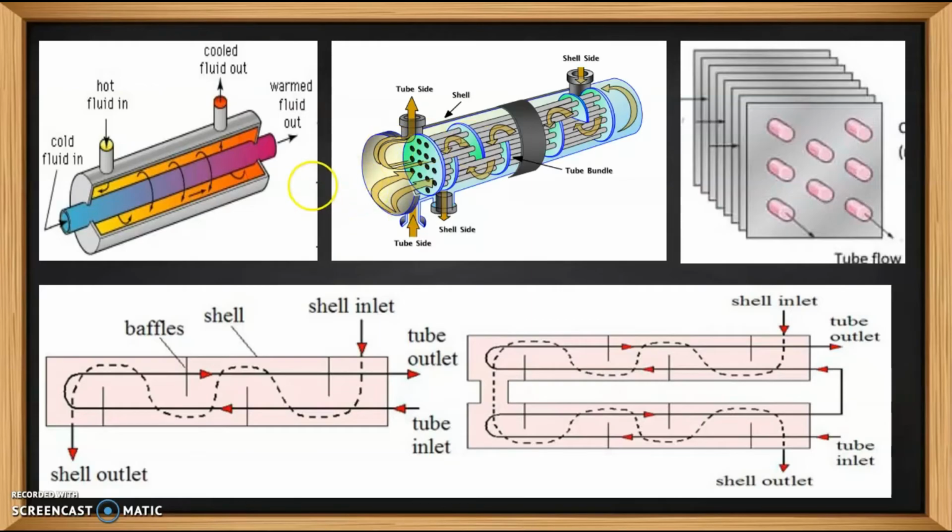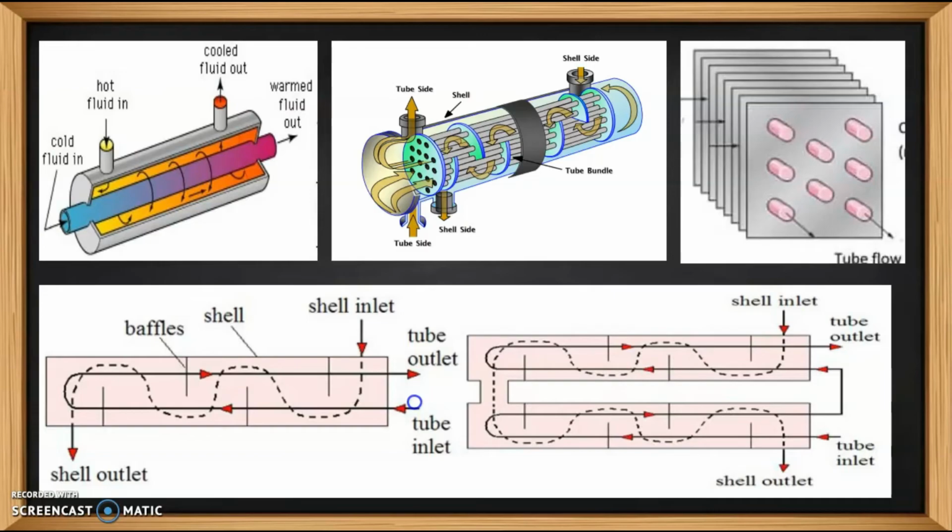In the first, the fluid is moving inside the tube which is passing twice through the shell side. So this is called a two pass of the tube side. And here multiple shell means the fluid enters from here, it is moving right to left, then again left to right, and then again enters a second shell. So here there are two shells, and in each shell the fluid is passing twice, so it is called a two shell four pass type of heat exchanger. This kind of arrangement is called a multiple tube and multiple shell pass type of heat exchanger.